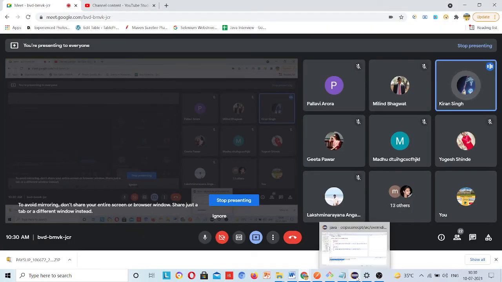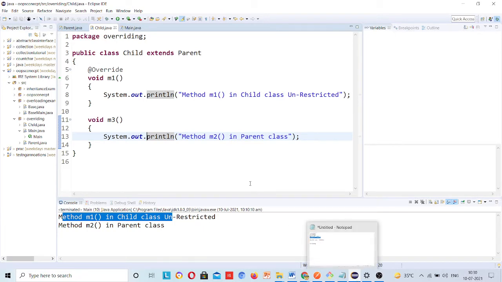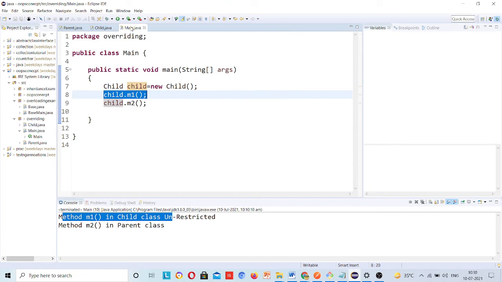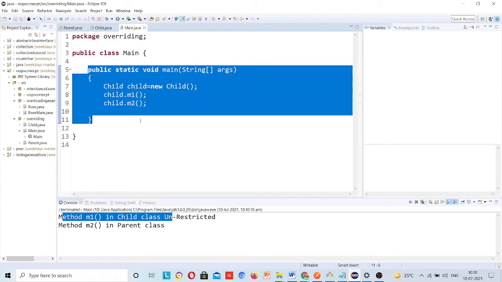Yeah, this is called runtime polymorphism and dynamic binding as well. Okay, see, when you are running this main method, you are calling child.m1.